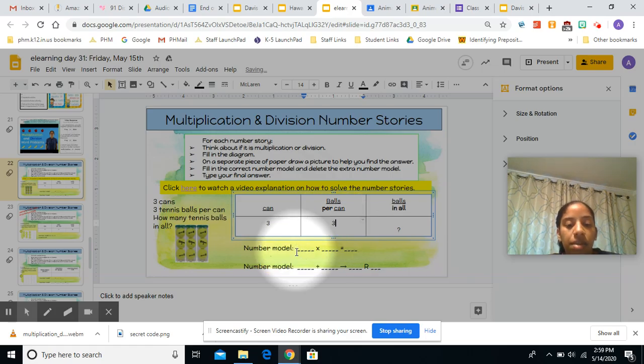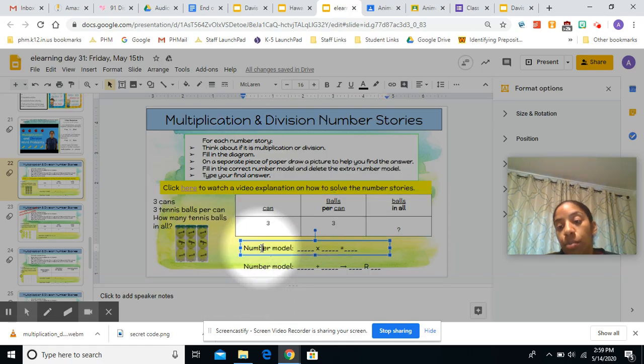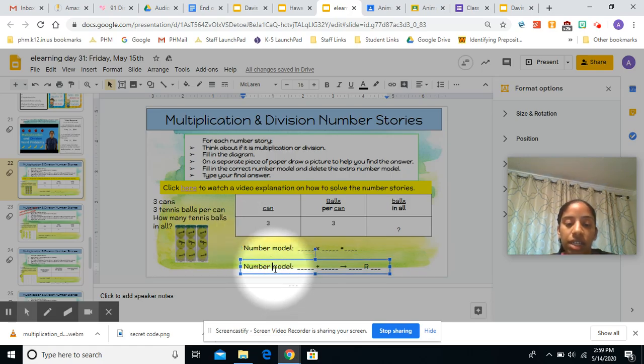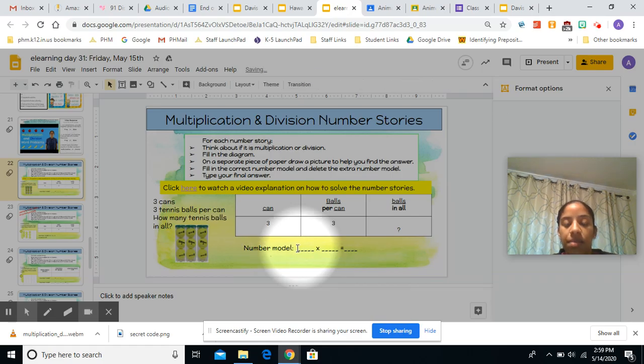I actually want to slow down because it says fill in the correct number model and delete the extra one. And so what I did here was I gave you both a multiplication and a division number model just because it can be kind of hard to type in a division symbol. So in this problem, we did repeated addition, which meant multiplication, okay? So I'm going to delete the extra number model. And then I can go ahead and type in